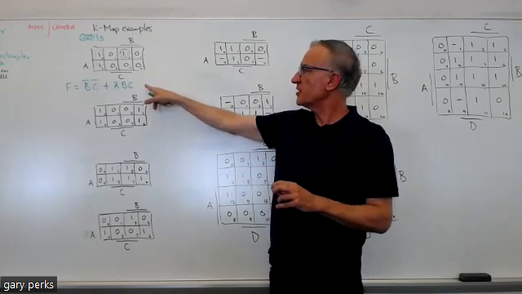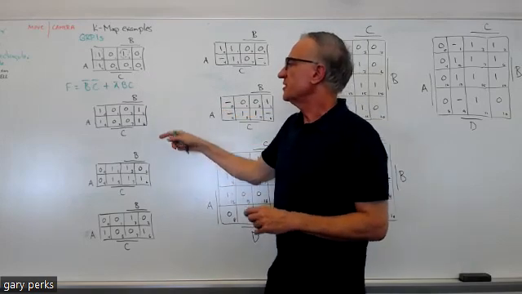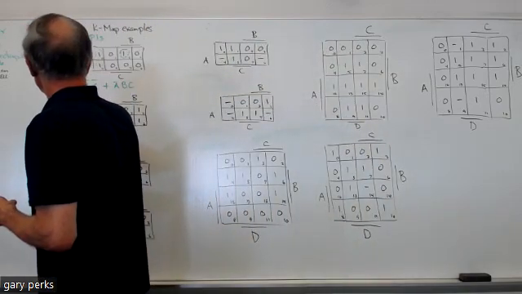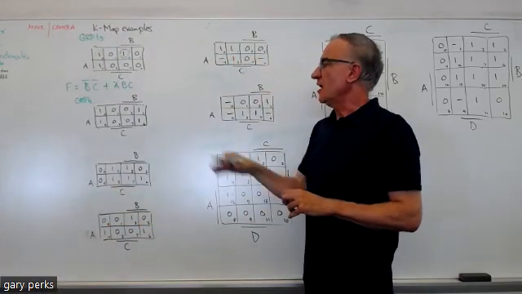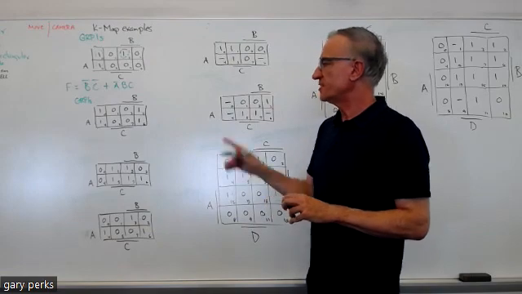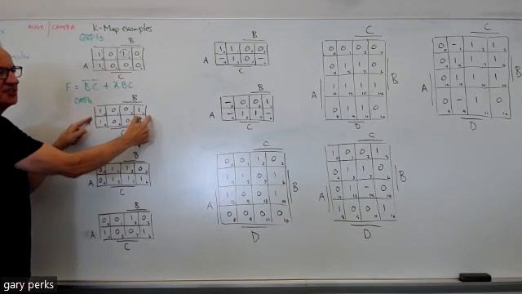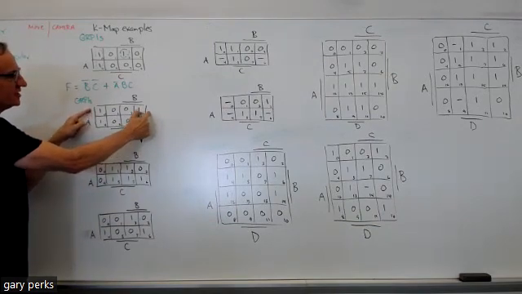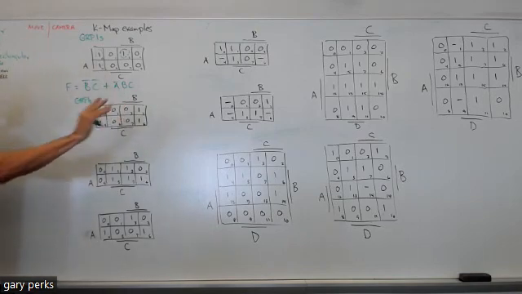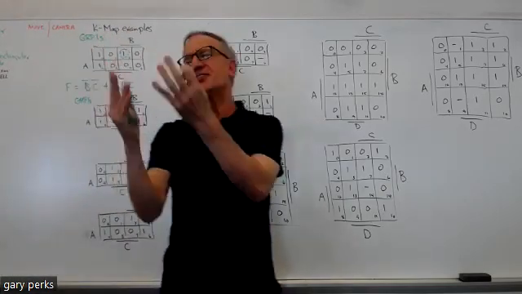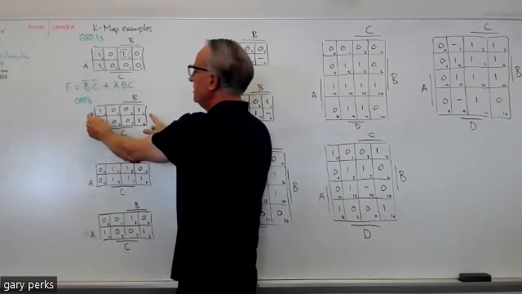So, does anyone have a question about where I got this? All good? All right, let's go to the next one. For this next one, we're also going to group ones. The reason I chose this example is because it brings up that K-maps touch on the edges. You see this edge over here and this edge over here, they touch. It's almost like a ring, or a cylinder that you cut and then lay flat. So, knowing that these edges touch,